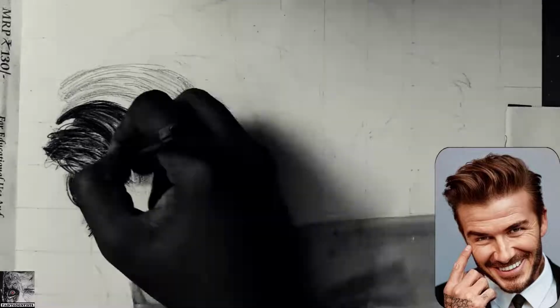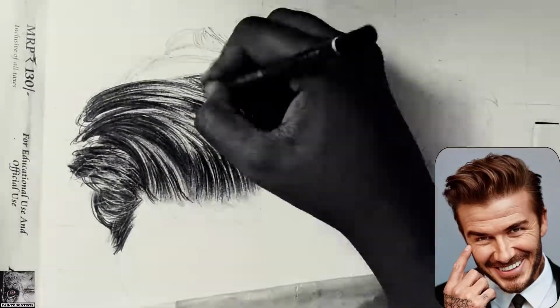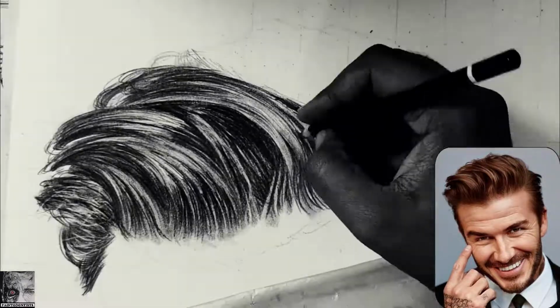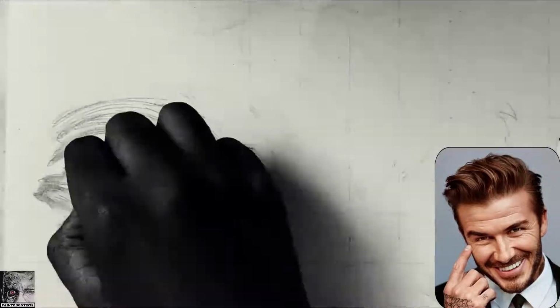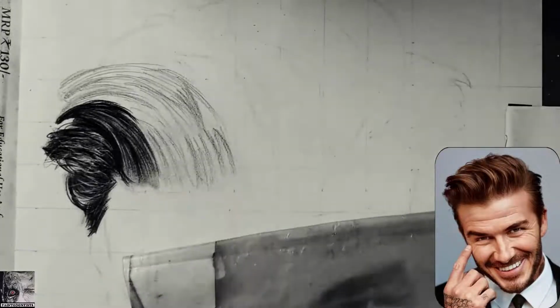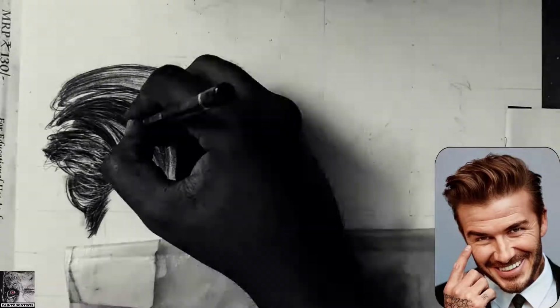I'll try and explain a few points as we go through the video. I'll try and emphasize a little bit on the drawing of teeth and smile, the three-dimensional drawing of teeth. So the hair in this case is a little bit tricky. It is not completely black, it is not completely blonde, it is slightly orangish. So it is a little bit tricky to replicate that.